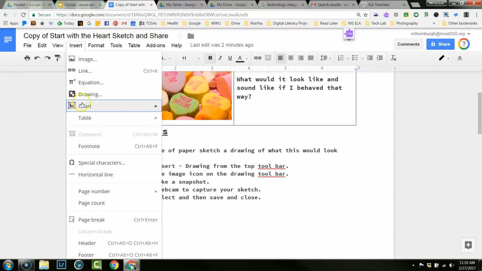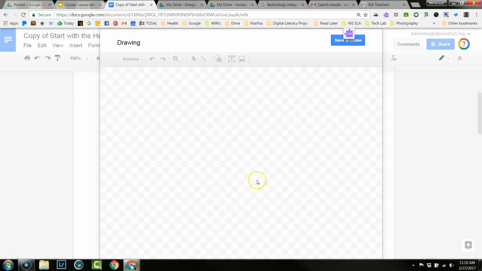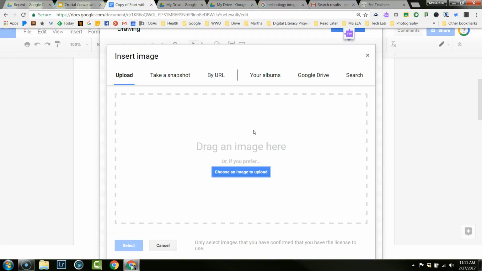So I'm going to go to insert and then drawing. And I get my drawing pad here, which has features for doing all kinds of things. But what we're going to use it for right now is we're going to add an image. So I'm going to click on here, and we get all these different ways to add an image. This is the one we're looking at this time, take a snapshot. If you've got a computer that has a webcam, all of our Chromebooks, most laptops would have that, and then you might just have a webcam in your room. It's a great thing to have a webcam. So you've got the take a snapshot tool. So I'm going to click on take a snapshot,